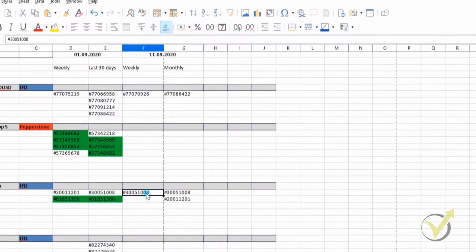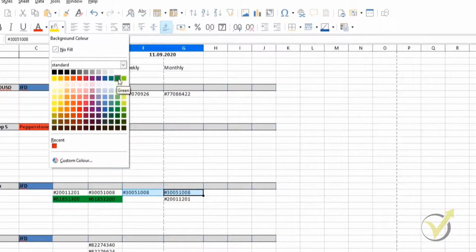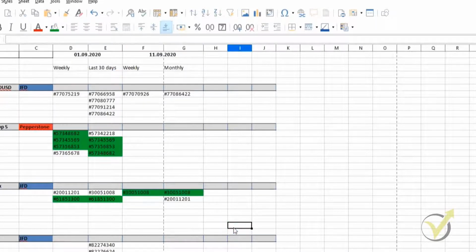What you'll see now is that we have one expert advisor here that has worked very well both in the last week and in the last month. So this one will be added. So what I do now is I just select them and then I make them green. Later on I'll show you why I'm doing this. It just makes it much easier for me to have it visual.